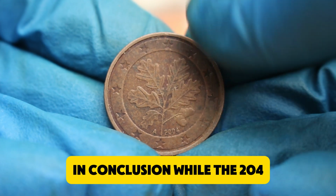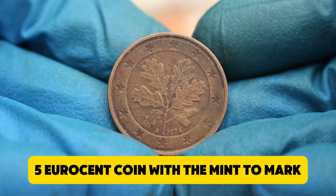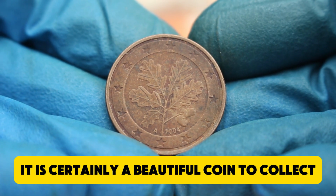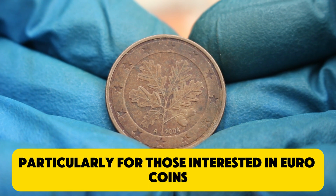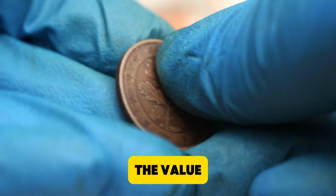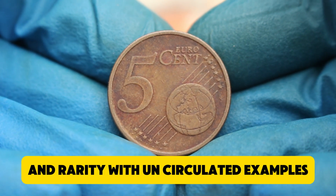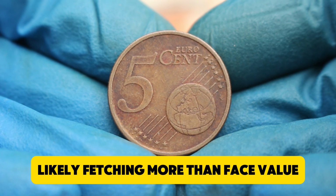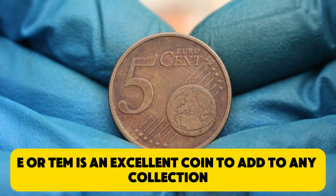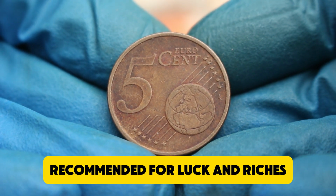In conclusion, while the 2004 5 euro cent coin with the A mint mark might not carry a high intrinsic value, it is certainly a beautiful coin to collect, particularly for those interested in euro coins or European history. The value for collectors largely depends on its condition and rarity, with uncirculated examples likely fetching more than face value. It is an excellent coin to add to any collection, especially if you are looking for a coin recommended for luck and